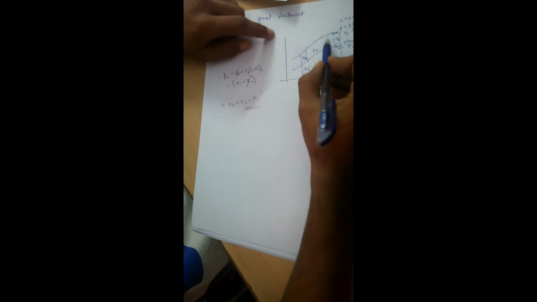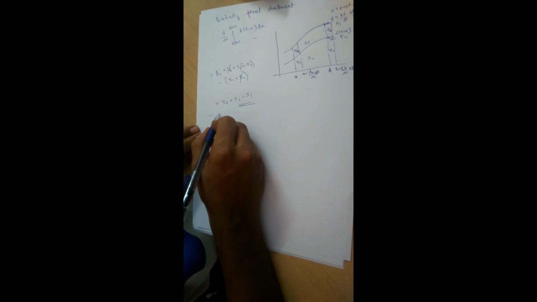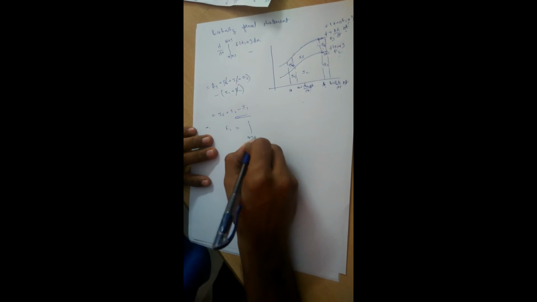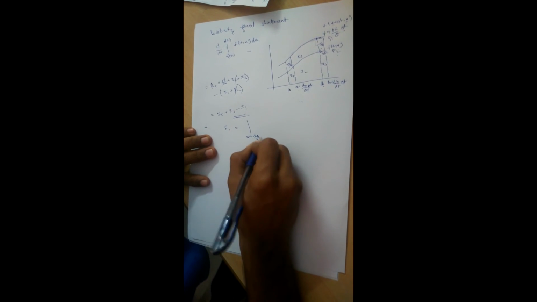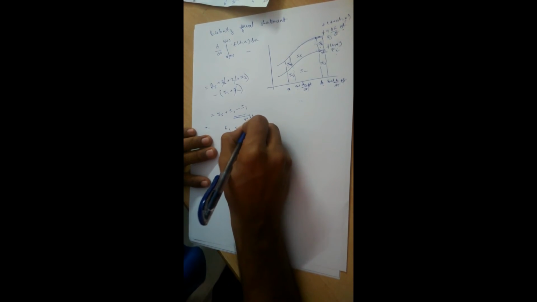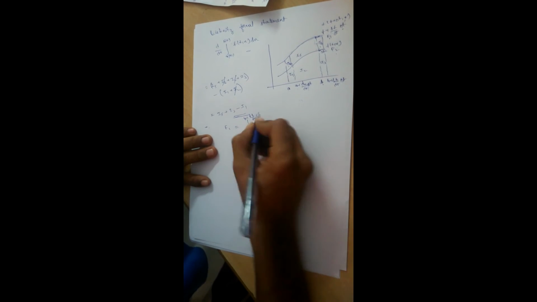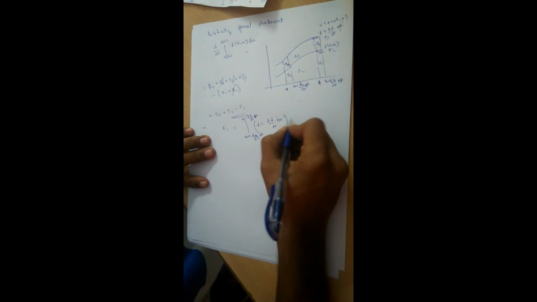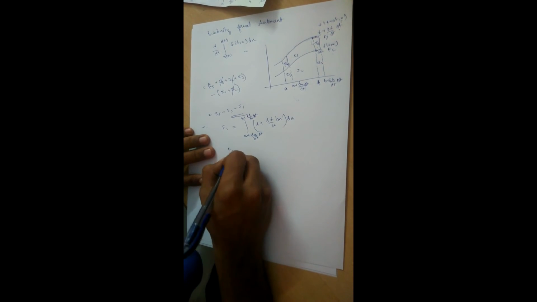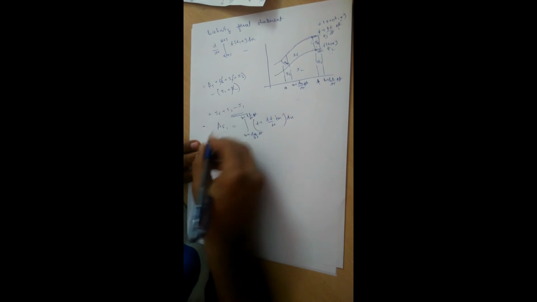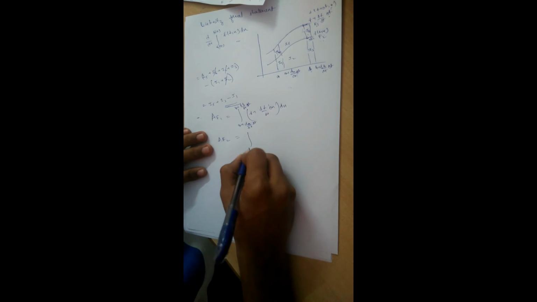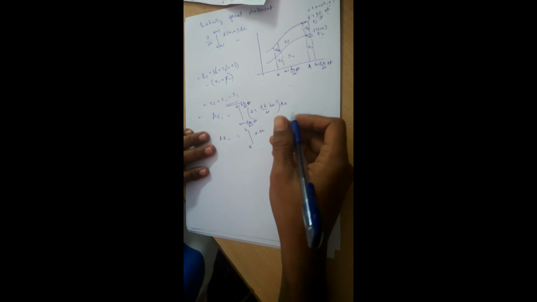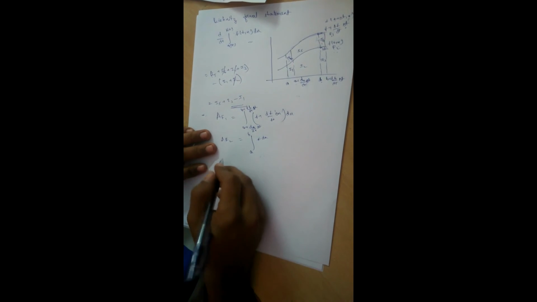Now the area under the above graph f1 can be written as the integral of a plus dA by dt delta t into b plus dB by dt delta t of f plus df by dt delta x by dx, and the area under graph f2, let's name them AF1 and AF2, is integral a to b f dx. So we need the difference of these two areas and differentiate it with respect to time.